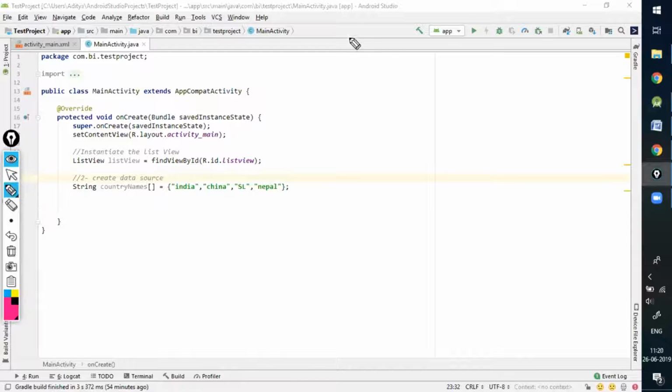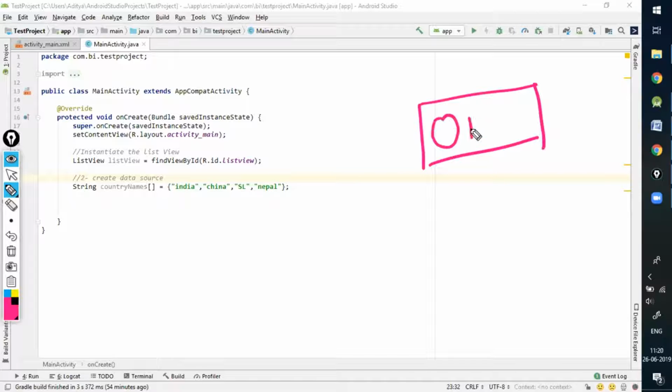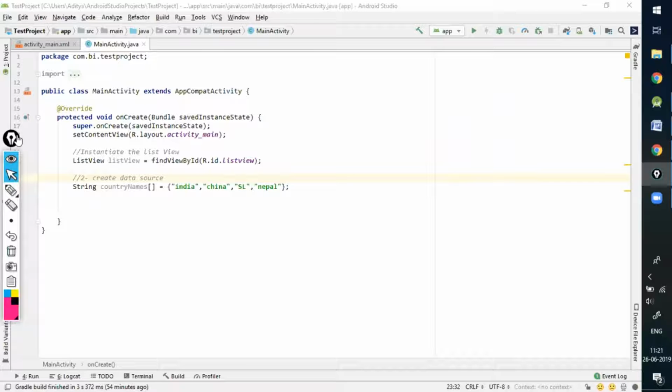There would actually be two data sources this time because your list view is having flags of the countries and the names of the countries. So obviously I'll have an array which will be having all the names of the countries, and then I'll be having an array which will be having all the images. Now the problem is, sir, how can we create an array of images? So the answer to this problem is we can create an array of integers. So what I'll do is I'll just write integer and let's name it flag images. And let's add images over here.